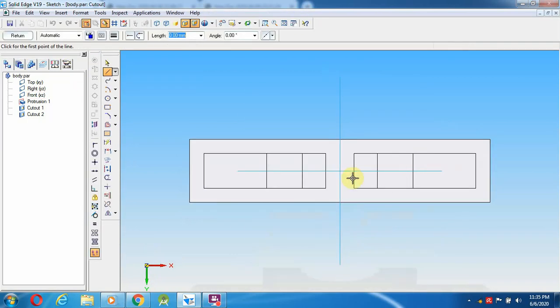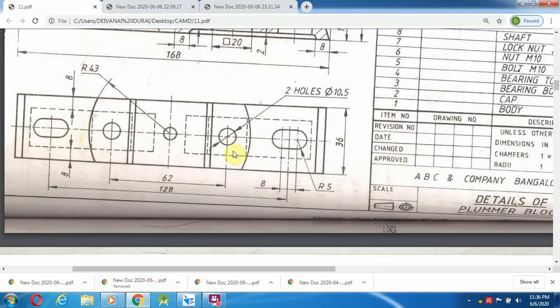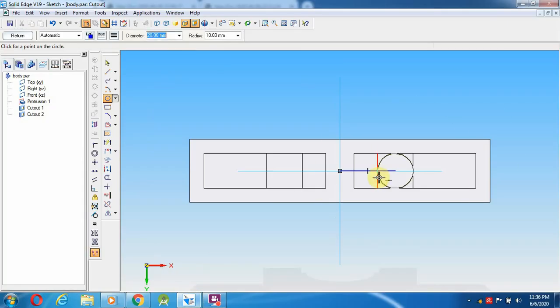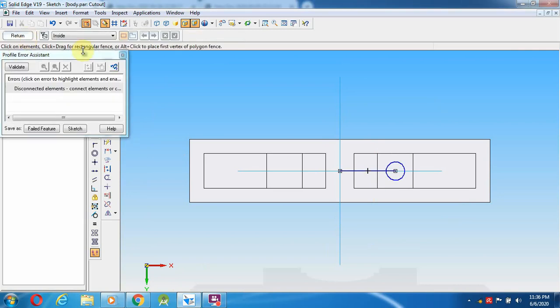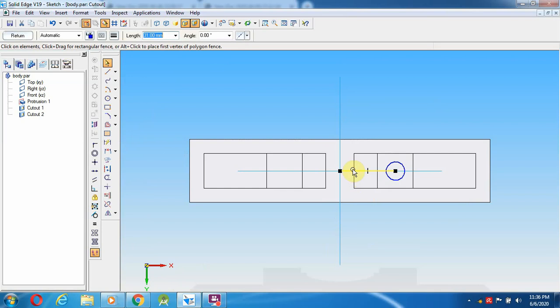So after saving this, go to cutout again. Now this particular surface I am going to select, from line from mid to 31 mm. So select circle by center point method. So from here, having the diameter of, that is 2 holes, 10.5 means this is the hole 10 and another hole will be 10 mm. So 10.5 mm. Okay, that is the meaning. 10.5, enter, then coming out, and this is the thing I am going to delete.